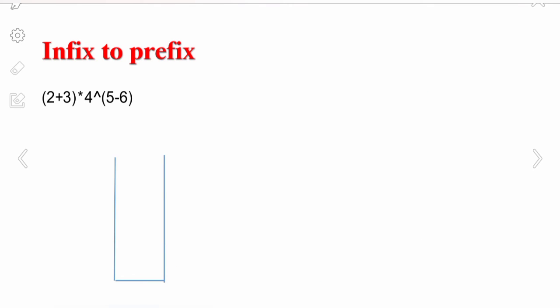Okay, so normally we will start from the left to right evaluation, but here in the infix to prefix conversion we are going to evaluate starting from right to left. So consider the close parenthesis as the open parenthesis here, and then insert the element. Okay, so now insert the next, 6 is there, 6 minus 5, and then open parenthesis as closed